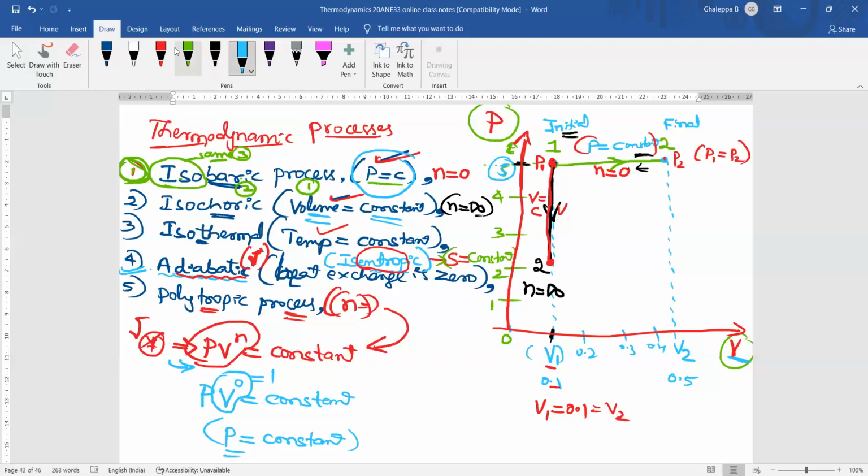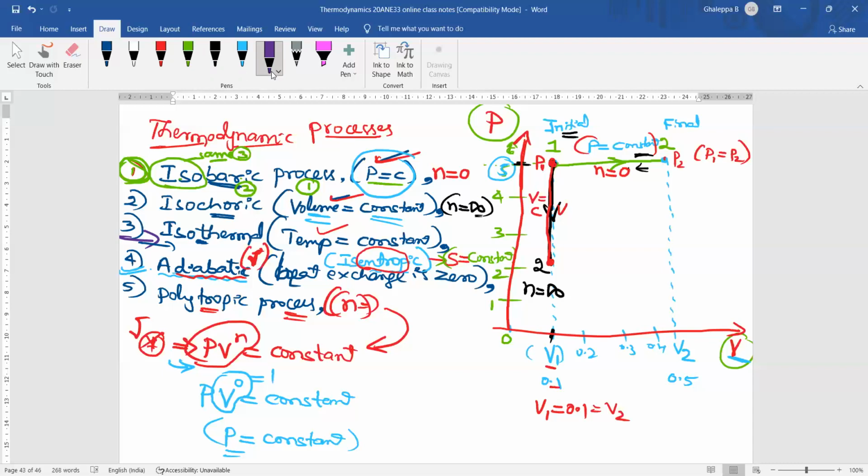Third process, isothermal process. So in this isothermal, temperature is constant. So how to draw that constant temperature process in PV diagram is, dear students, one more hint I will give. Please listen carefully. This hint is very important. When you are plotting PV diagram,